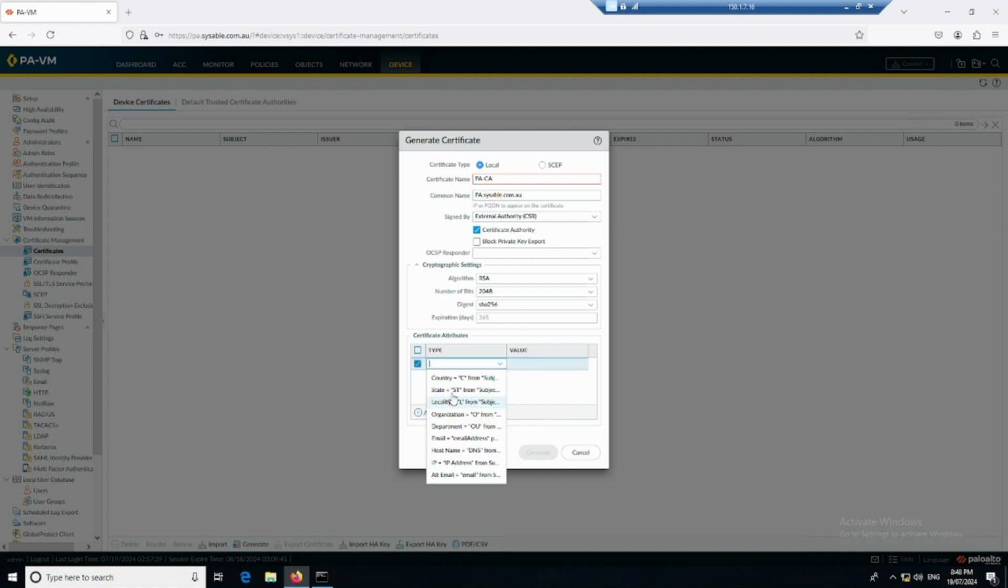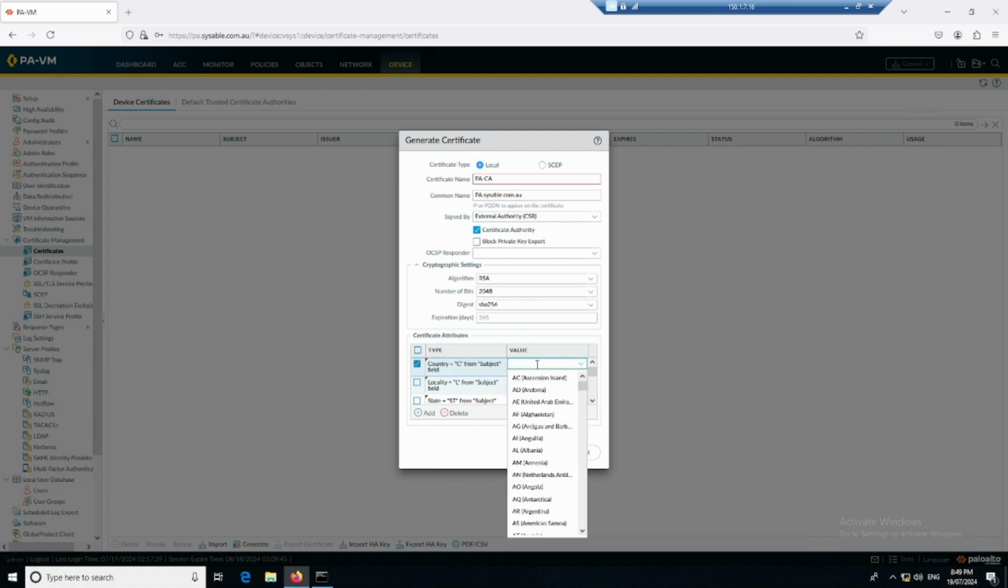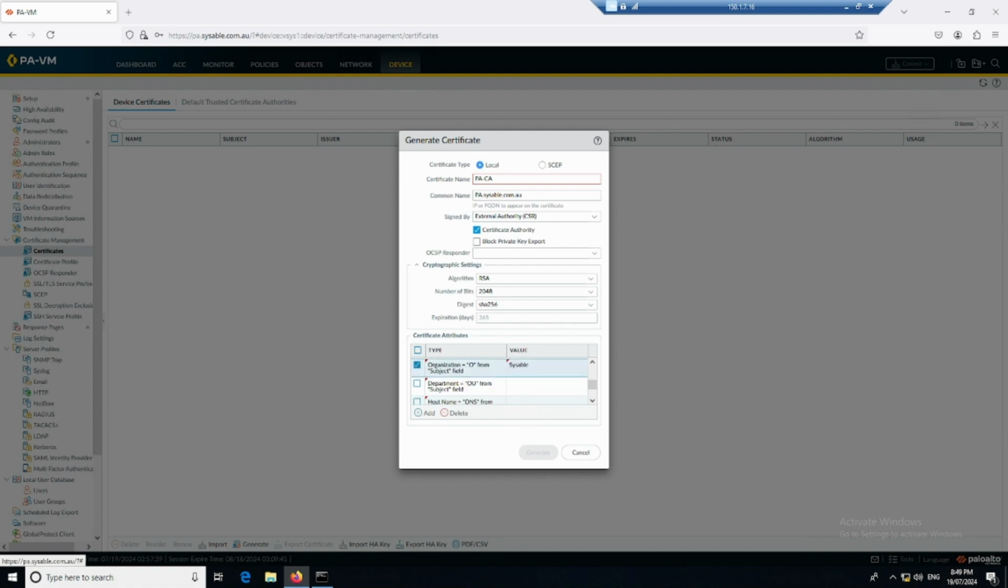Now the attributes, I will include attributes such as country, locality, state, organization, department, host name, and IP address. So these are the different attribute values you can include. So country, I will give it 2 digits, and the locality, I will say Melbourne, state, I will say VIC, organization, I will say Sysable, which is my, and the department, I will say IT,